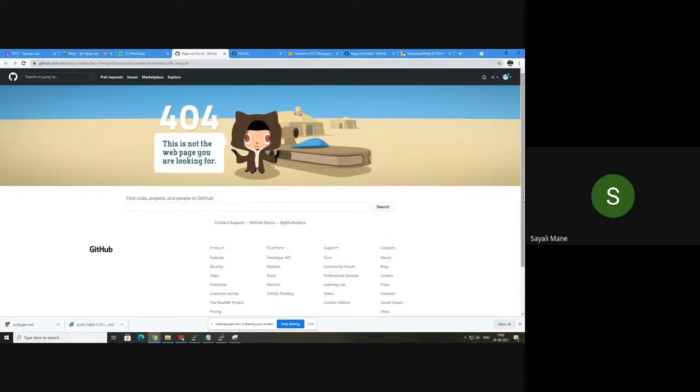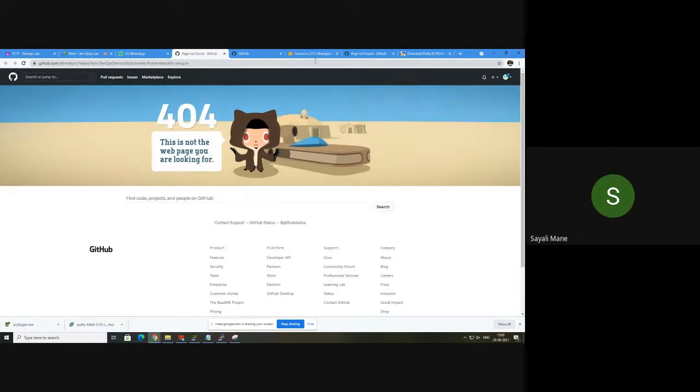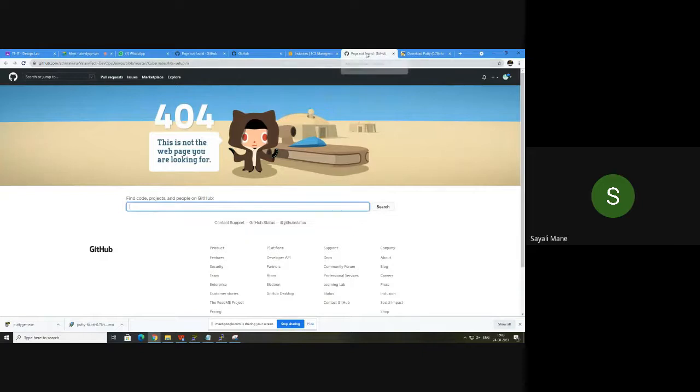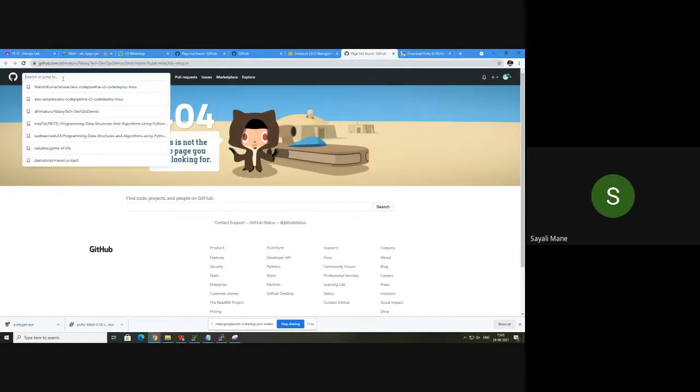Okay, do one thing: open your GitHub account. On the left-hand side, type this one: Galaxy Tech. So on GitHub you will get lots of documents.